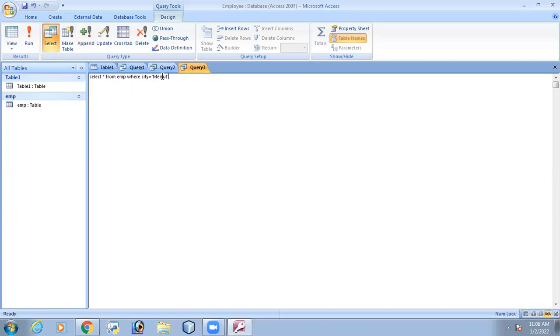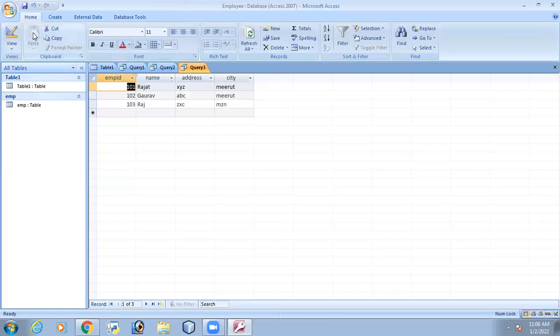I have to see whether this M is capital or not. First, I will see again. M is in small letter. So we will find using small.